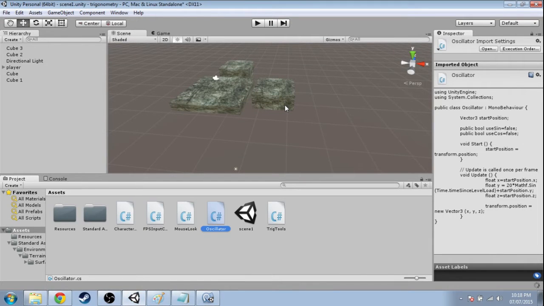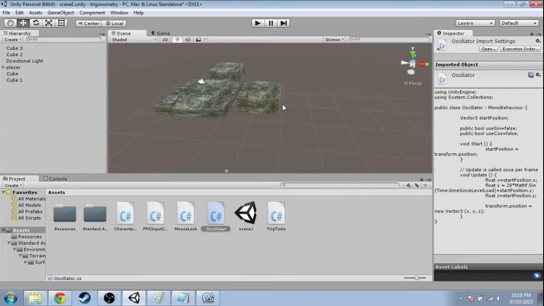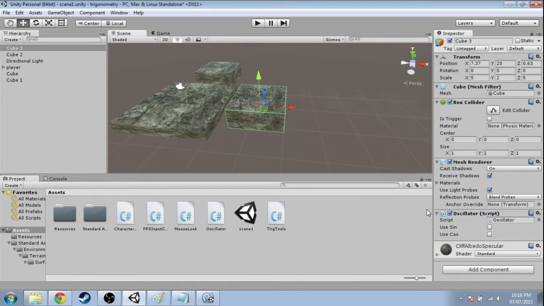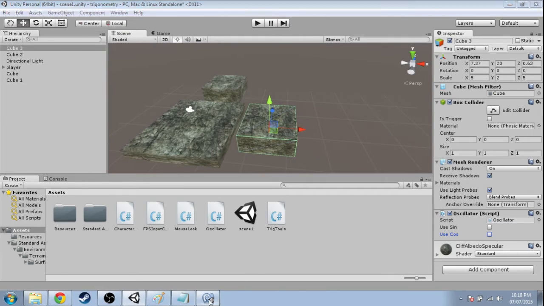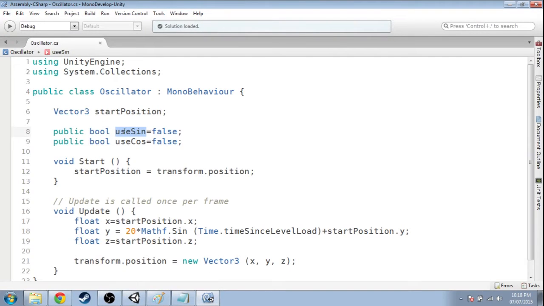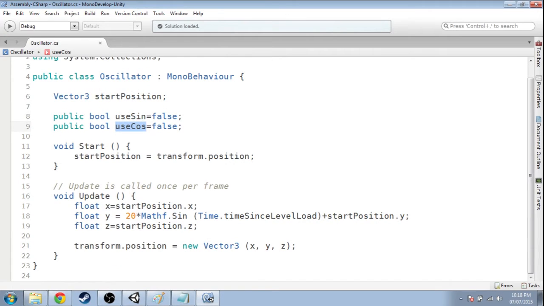So now when we go back into Unity and we click one of these platforms, we now have these checkboxes and we can tell in our code if this is true or false. Because that's what these are, they can only be true or false. That's what a bool is. So we can use these to say if we want to use sine or use cos. So over here,